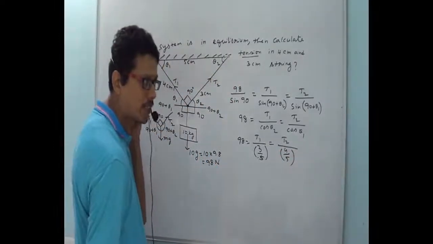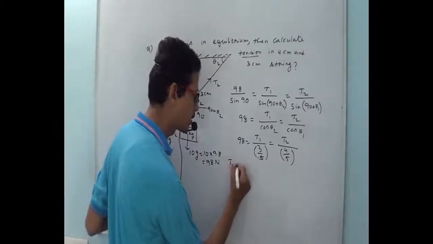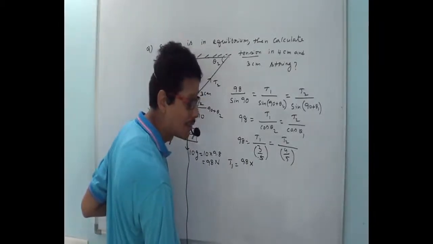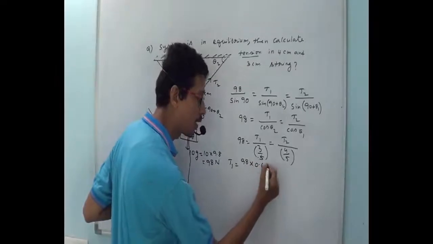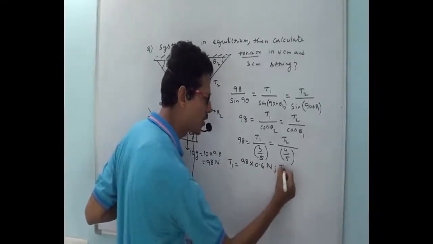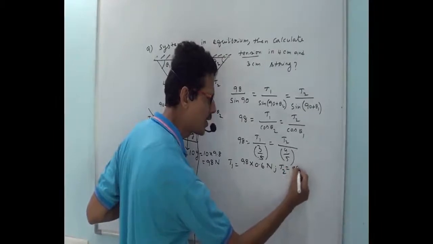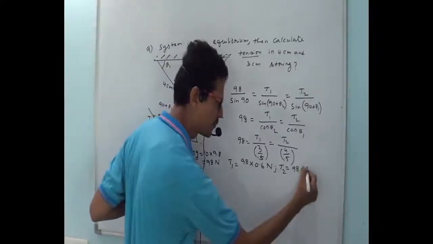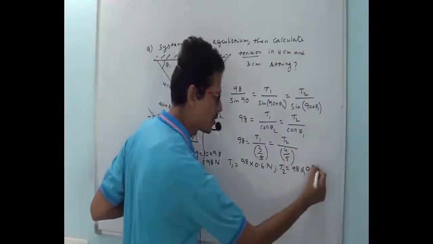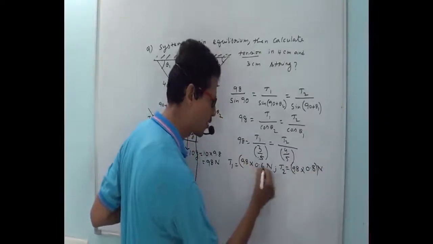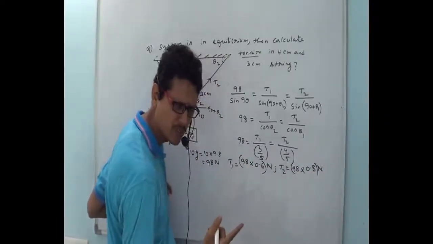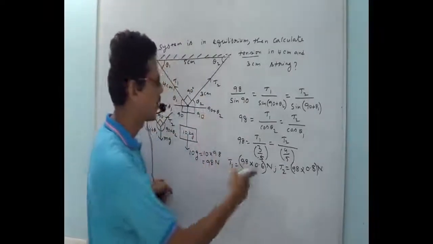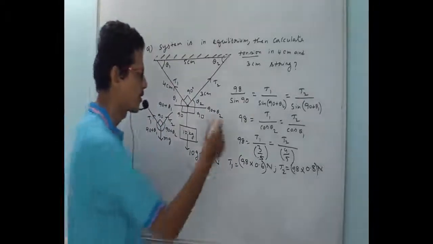So then we can calculate T1 and T2 from this. T1 is 98 into, what is this, 3 by 5? 0.6. Answer should be in newtons. And what is T2? 98 into 4 by 5 is 0.8, na? 4 by 5, 0.8. Okay. Newtons. So you simplify this and you see the options. You can see the options given in the question. Okay, you have to multiply this, right? Okay, note down this. Answer will be in newtons. Okay.